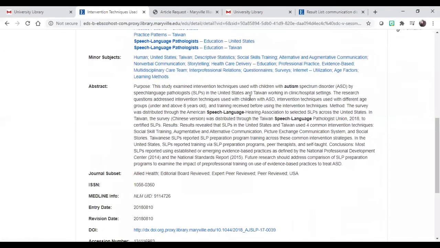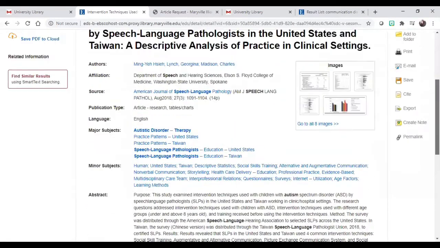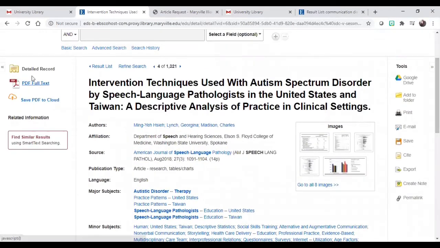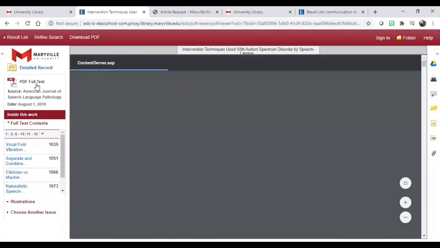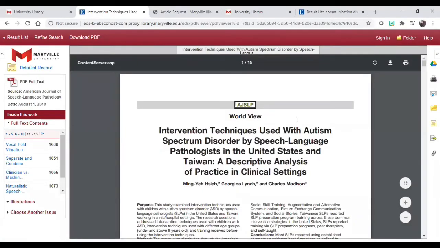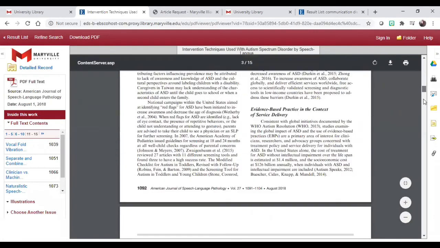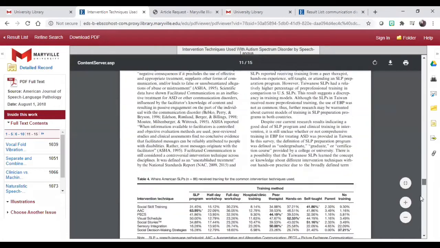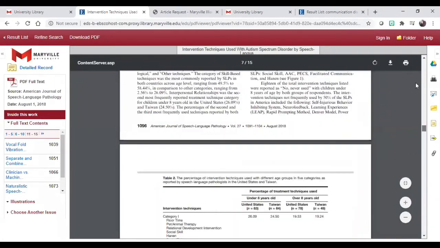And then underneath that, I have my abstract. This is going to be a short little introduction to the article itself. So it's always a good idea to read the abstract. So we can go up to the top, and over here on the left side of the screen, we can click PDF full text. I believe that this is the best way to guarantee access to this information. So we can open up the article. We have the whole thing here. As I scroll through, we can see it from start to finish.